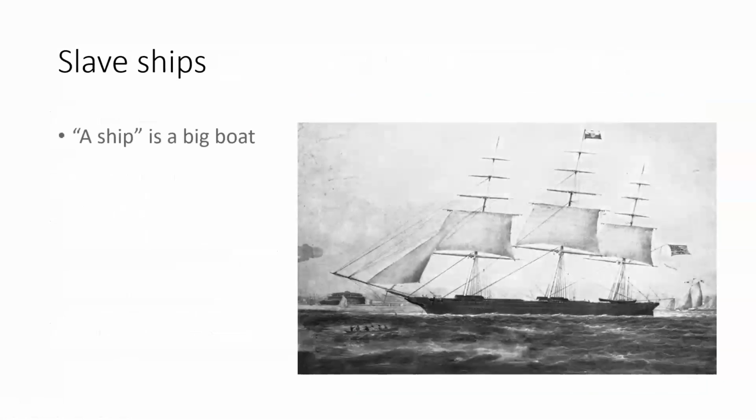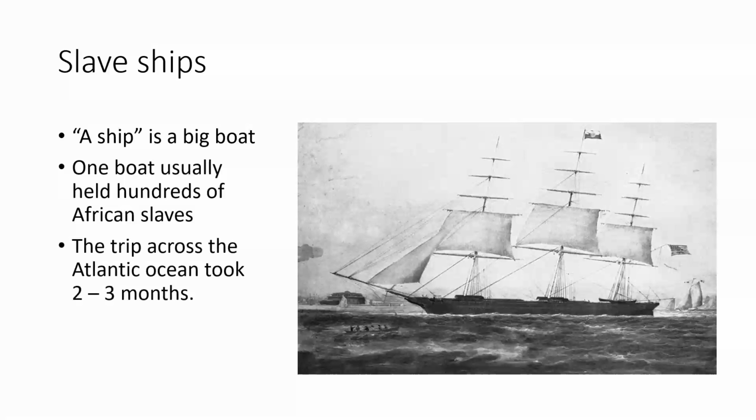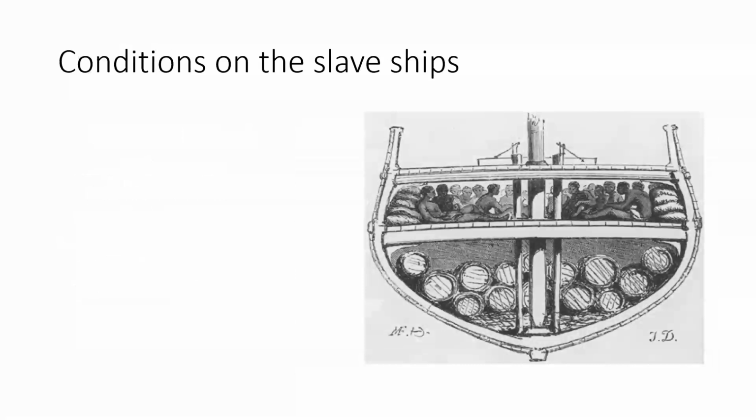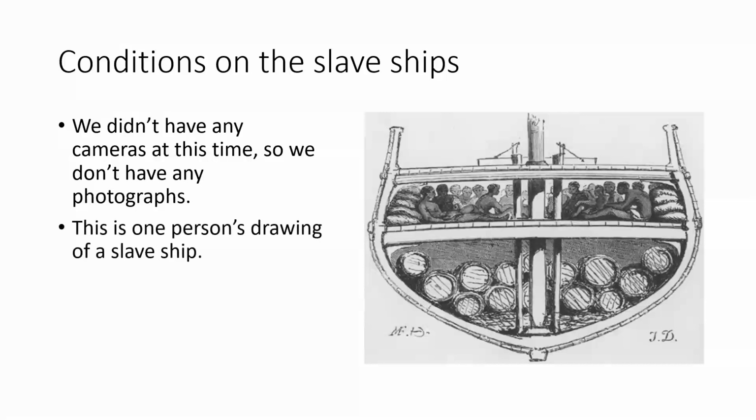Slave ships. A ship is a big boat, and one boat usually held hundreds of African slaves. The trip across the Atlantic Ocean took 2 to 3 months. Let's talk about the conditions on the slave ships. We didn't have any cameras at this time, so we don't have any photographs. But this is one person's drawing of a slave ship. So you can see that